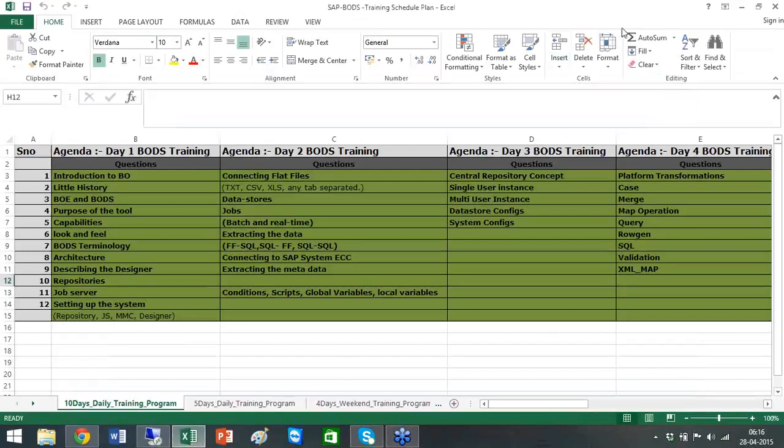So this is the course content or the training planogram that we'll be looking at. On day one, we will be looking at an introduction to Business Objects, then a little history on Business Objects, and what is the difference between Business Objects Enterprise and Data Services, so that we'll have knowledge of the entire box and purpose of this tool, the capabilities, look and feel, the terminologies and the jargon that we use in Data Services, the architecture, then a walkthrough on